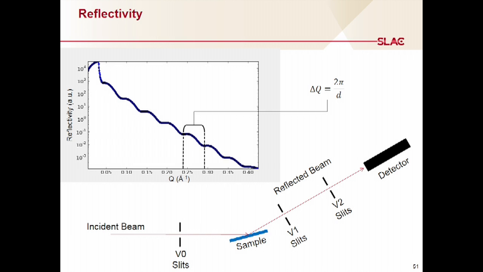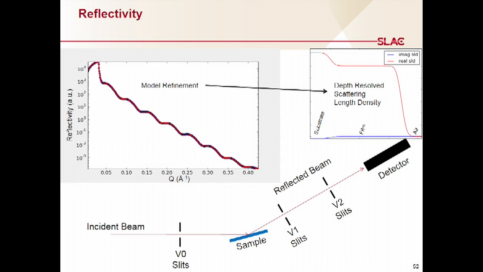If you look at the frequency of the oscillations, you can basically pull out the thickness. So the delta Q from minima to minima is going to look like 2 pi over the thickness of that film. And so this is a pretty easy way to get a very quick determination of a film thickness. You can do better if you actually fit the whole thing, of course,